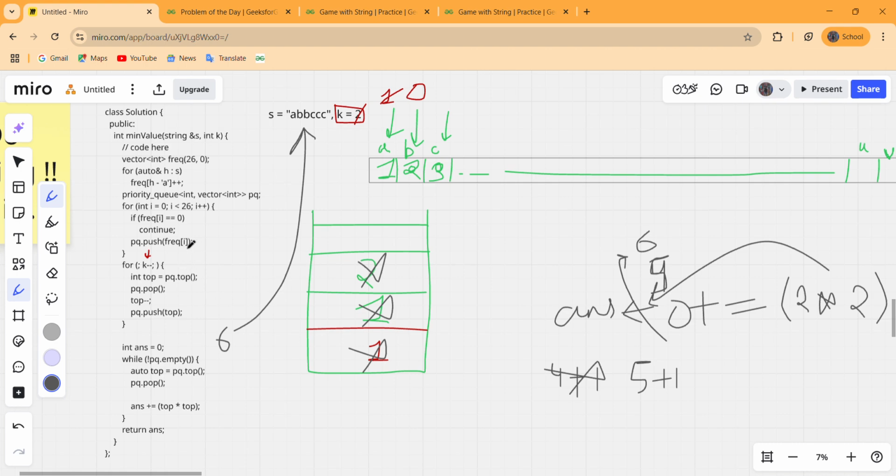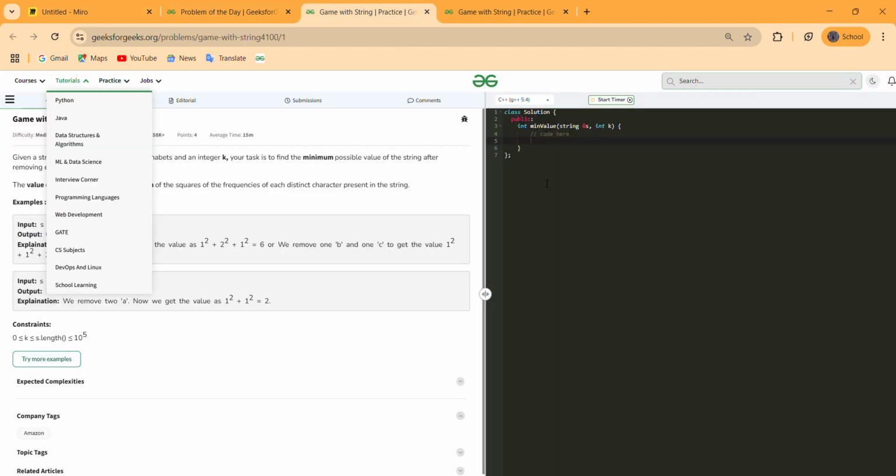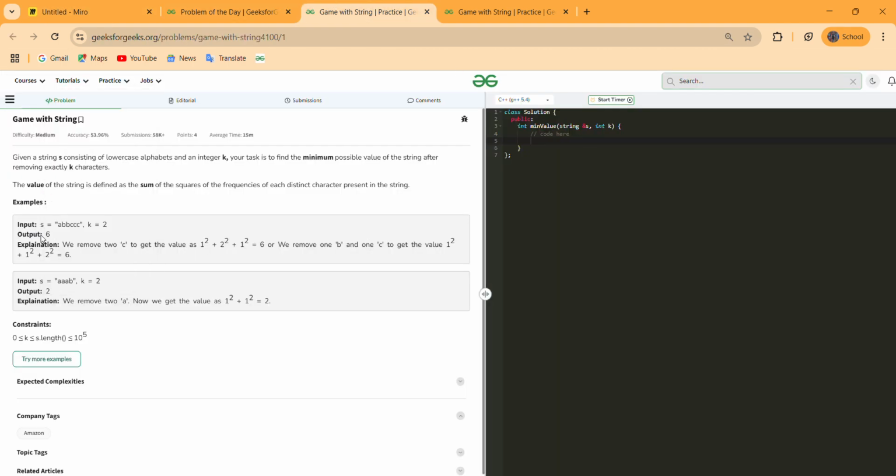So basically this will be our brute force approach to solve this problem, and I guess this will pass all the test cases. And as we can see that 6 is the only minimum sum possible here, so we have to return 6.